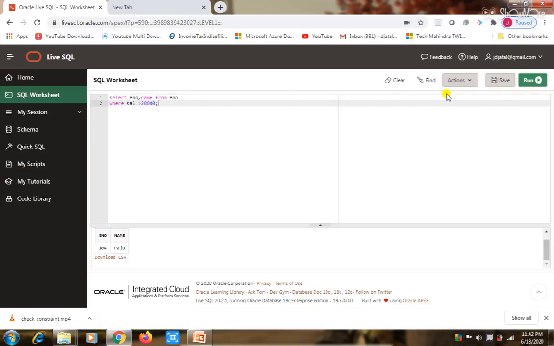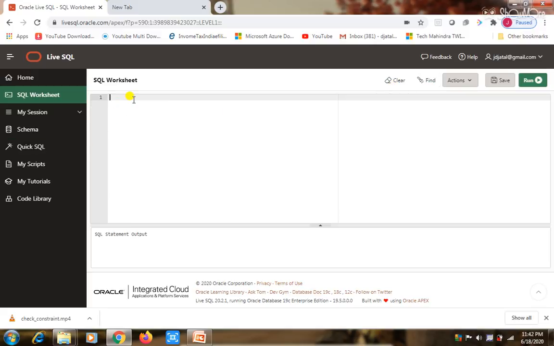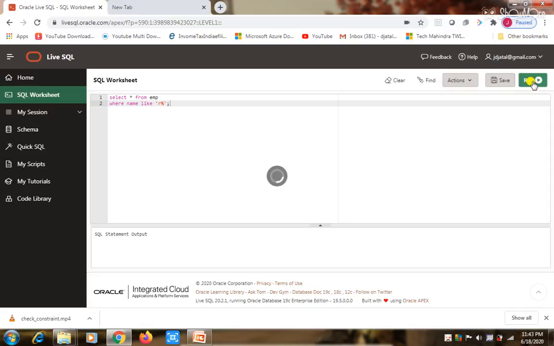Okay, now moving towards the like operator. Suppose we want to display the records of the employee table of those employees whose name starts with capital R. For that we execute this query: select star from EMP where name like 'R%'. This means I want to display the list of employees whose name starts with the letter R. Execute it.